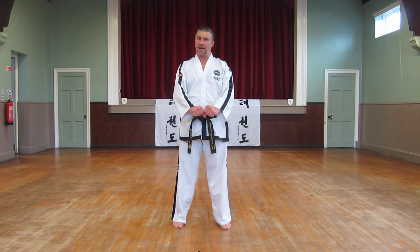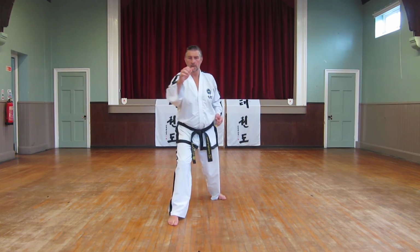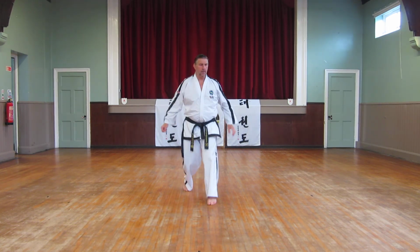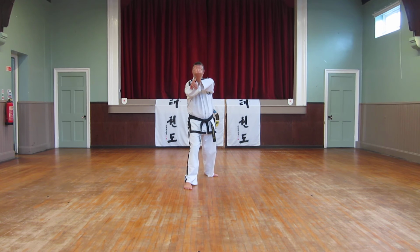So we're going to step back this time. As I say, we're walking stance, middle block, walking stance, middle block, to the outside of the arm, and again to the outside of the arm. Okay, and this time we're going to hold. We're going to pretend the arm's still there. I blocked it, it's here, I'm going to grab it, and then off the front leg,